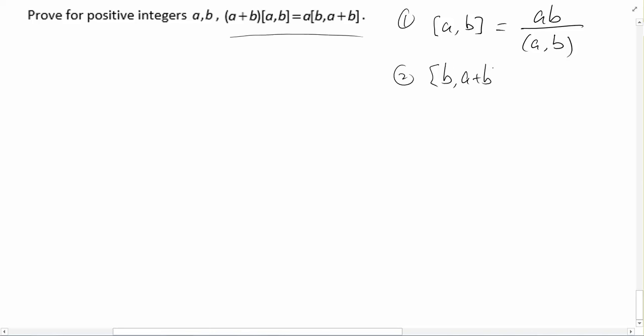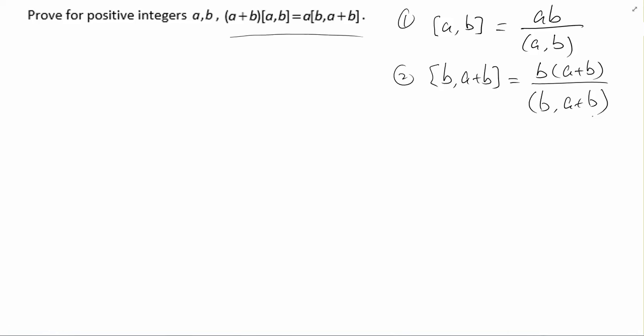is equal to the product of these two numbers, b times a plus b, right? Divided by the greatest common divisor of these two numbers, b and a plus b. Okay, then the next step we need to do is to show